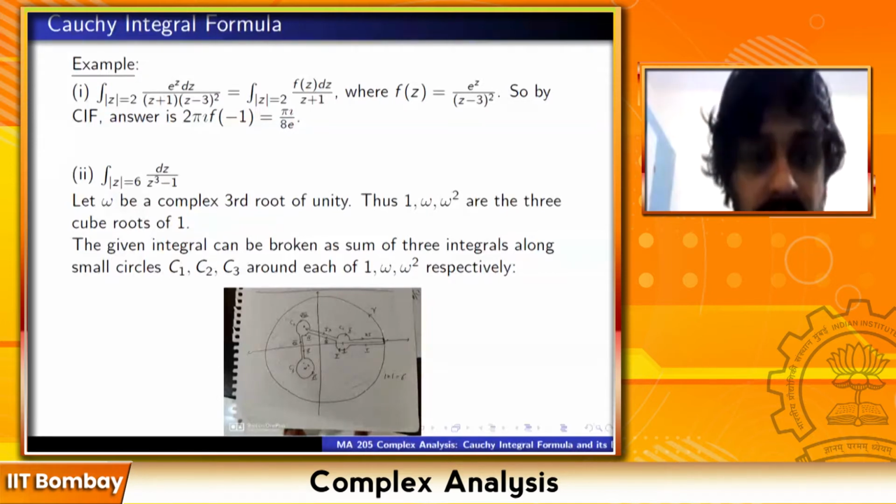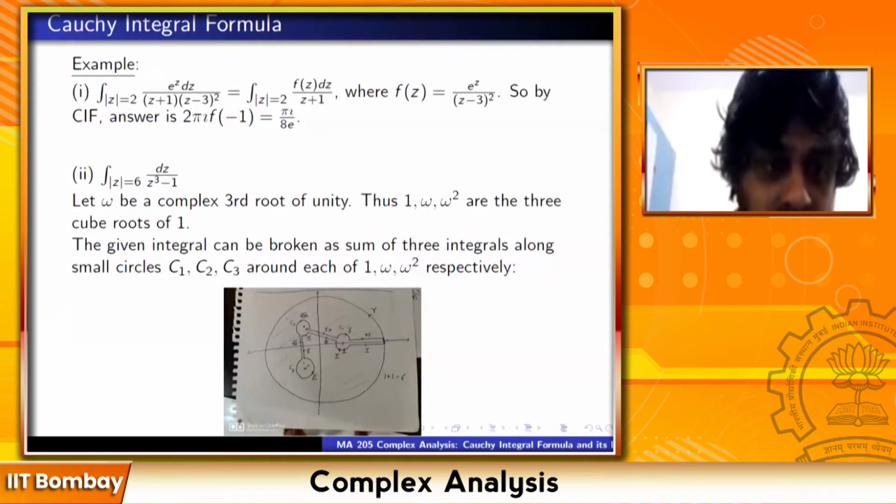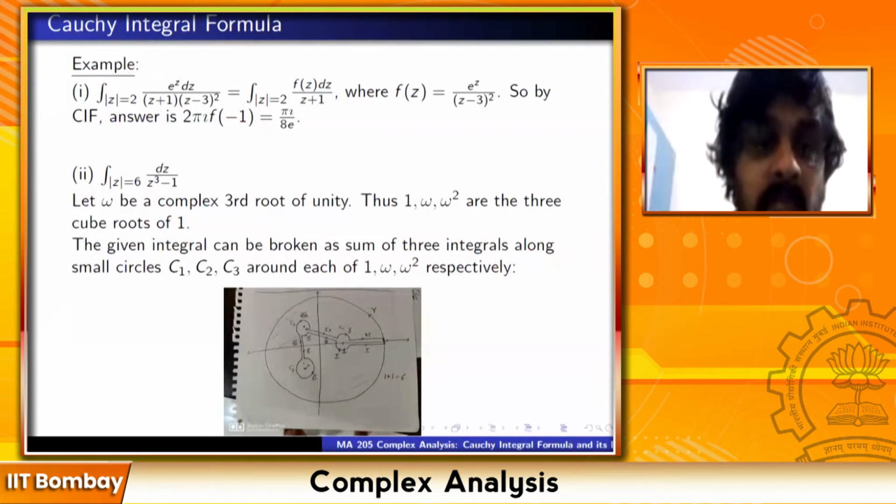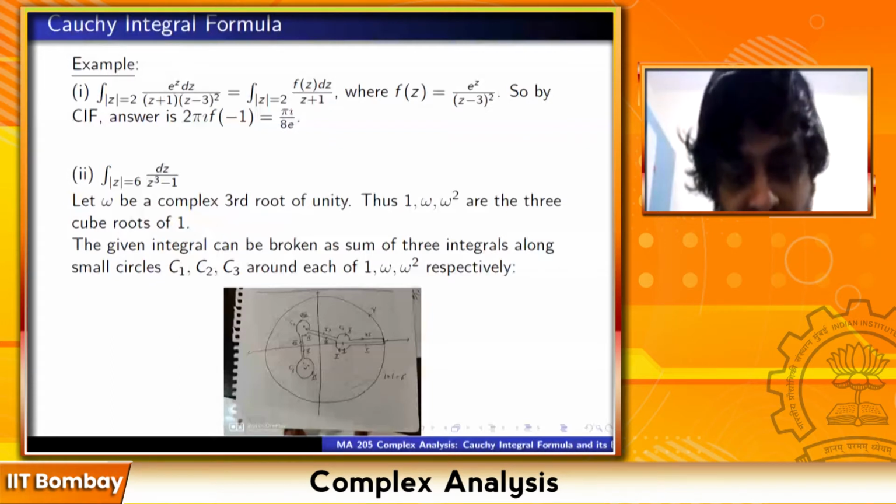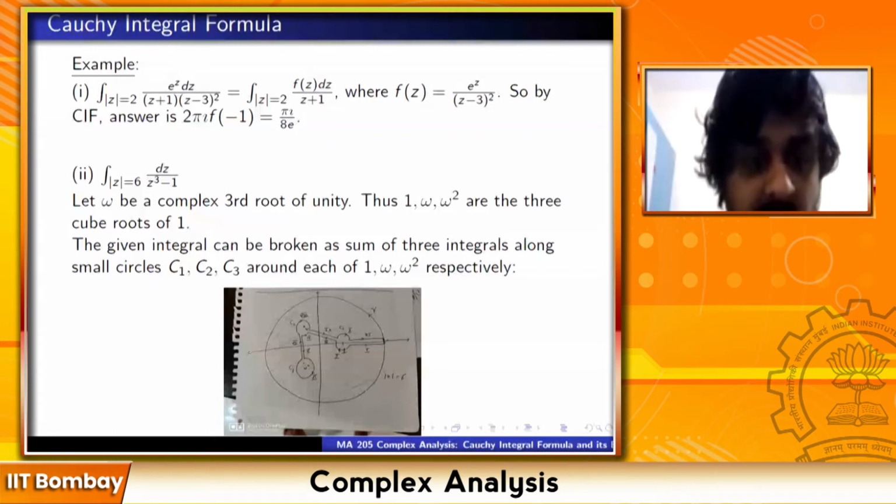Maybe I will draw a better picture and send it again. But it's exactly the same principle as before. So gamma gets broken up into a sum of integrals, and this path that I just described encloses the shaded region once again. The shaded region is simply connected. So this total integral is 0. So integration along gamma is integration along C1 plus integration along C2 plus integration along C3. Is it clear?